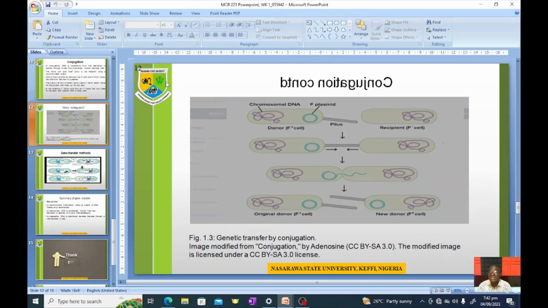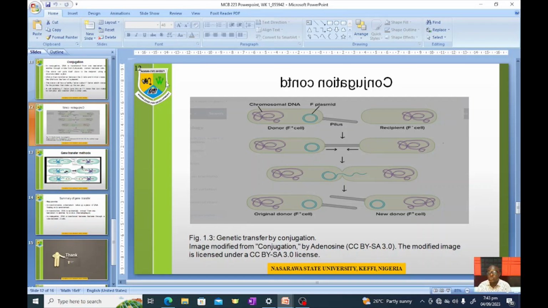So when they now come together and join, that tubing is made, as seen in the second cells lying side by side. And you can see that only one, the donor, has the F plasmid. The second one does not. So through the tubing, as seen in structure 3, or the cells in level 3, you will see the pilus, the F plasmid,